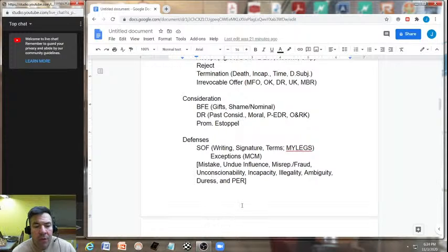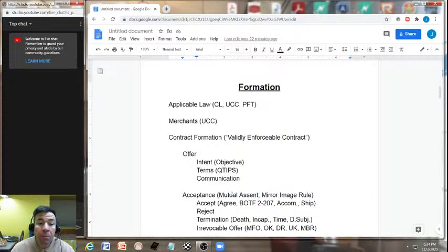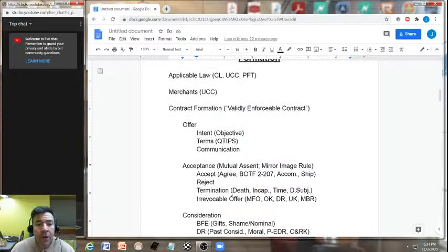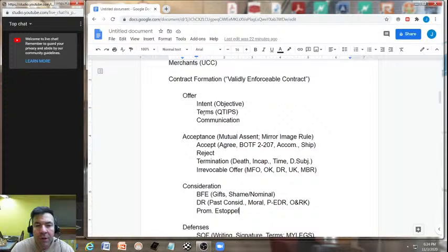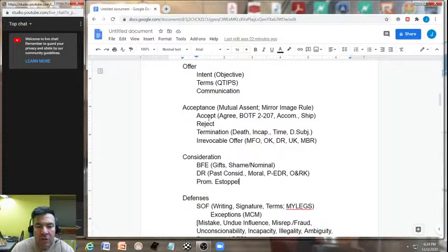Now we're going to be looking into the next defense of the parole evidence rule. And we're going to actually break this one out further, so we'll just hang on to that one. So at this point, we're looking at contract formation, applicable law, merchants, contract formation proper, look to see whether or not we have a validly enforceable contract situation, or, as what we're going to be talking about now, offer, intent to be bound, certain and definite terms communicated to an identified offeree, acceptance situations, rejection situations, termination situations, possibly irrevocable offer situations,